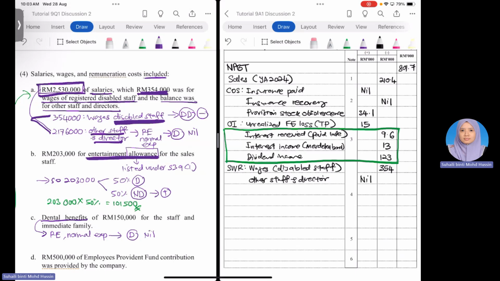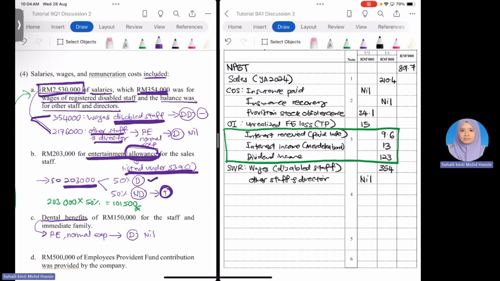Okay, for the entertainment allowance, yes, entertainment expenses, but this type of entertainment expenses is listed under prohibited deduction section 39 subsection 1. So when listed under prohibited deduction section 39 subsection 1, only 50% allowed for deduction, meaning that another 50% is not allowed for the deduction. So the company paid the entertainment allowance 203,000 ringgit. So 50% allowed for deduction, another 50% is not allowed for deduction, so we have to add it back